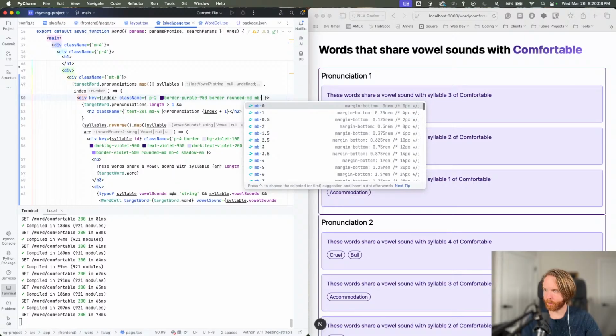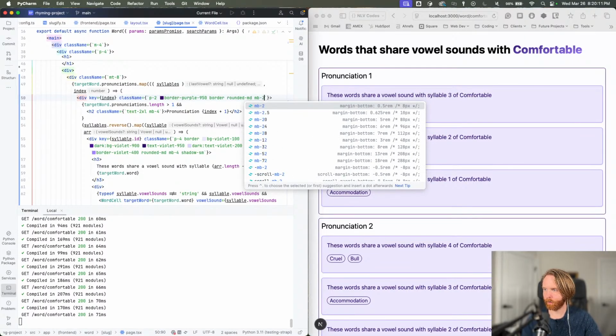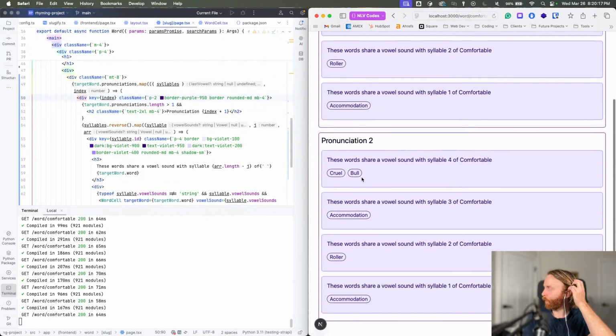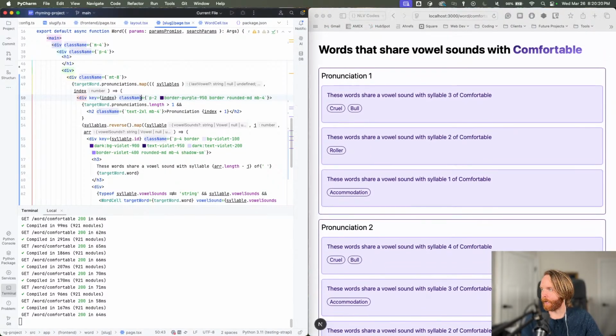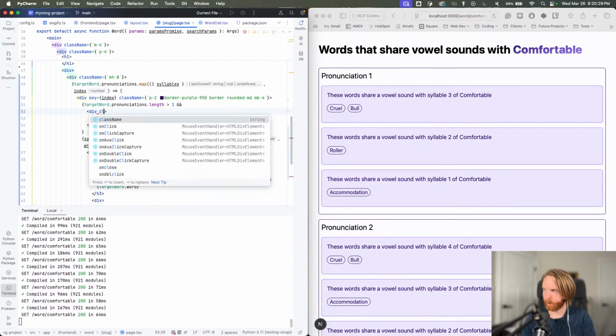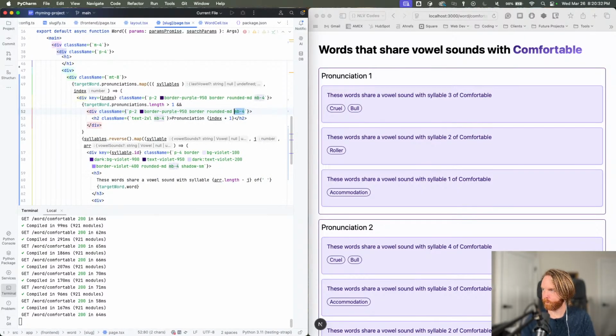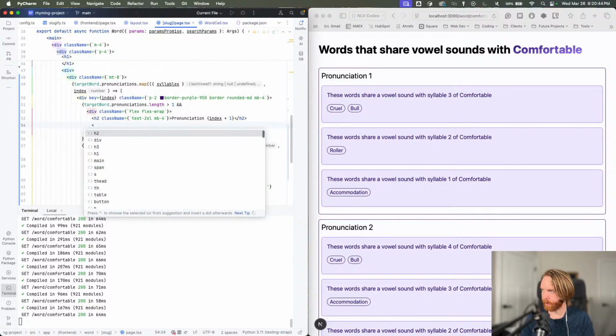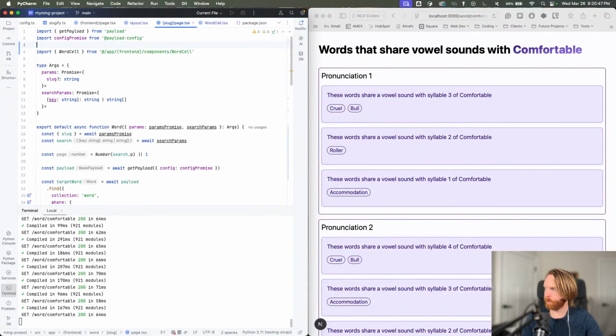Then lastly, we can do margin bottom of 3, 2, 4. So I think that should be good. And so what we can do is also add in, we can actually do it right now, even though I won't add the functionality for it. This can be a div again, and this is going to be class name. Okay, anyway, flex, and then I don't need flex wrap, but I'm going to add it. And then we can add a Lucid icon, which we'll import from